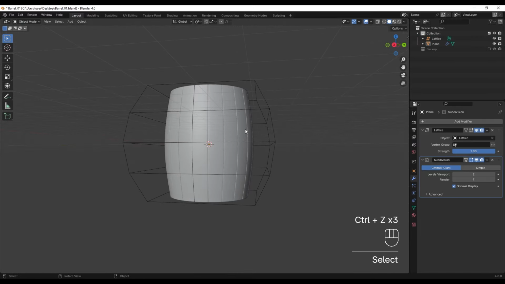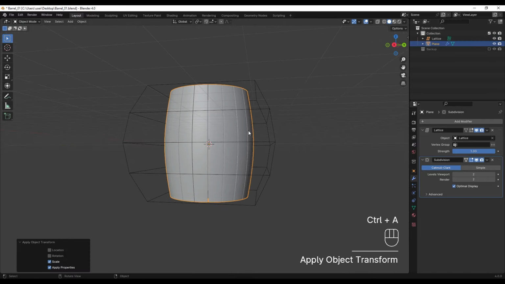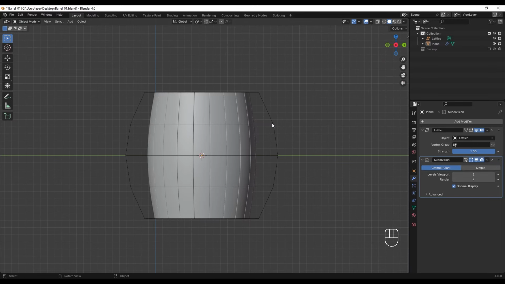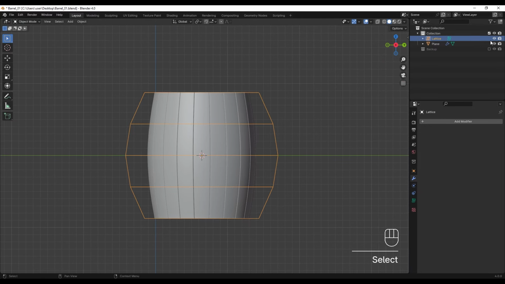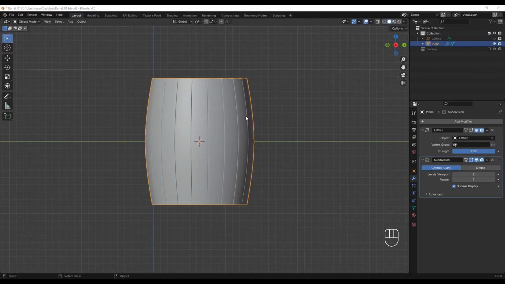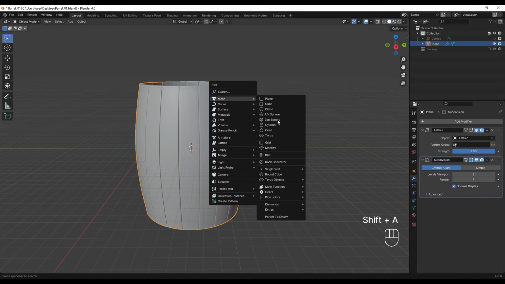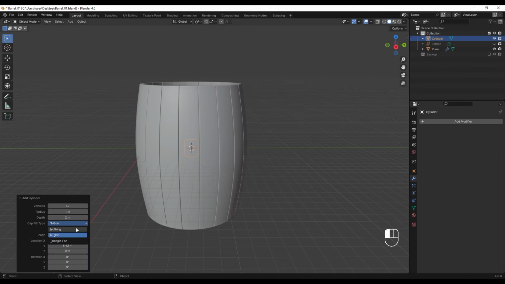All right, also we can select the barrel and apply the scale. All right, something like this. Also, you can select the lattice and hide this. Next, we are going to add a metal ring around this barrel. So I'm gonna add a cylinder without any cap, we don't need that. And I'm gonna scale this up